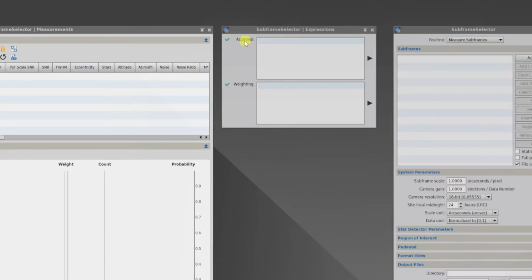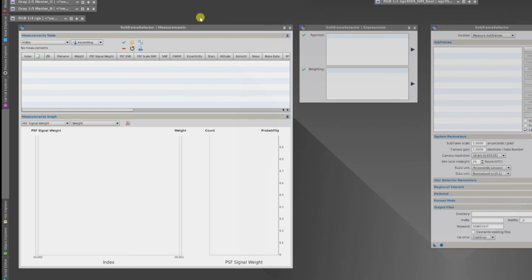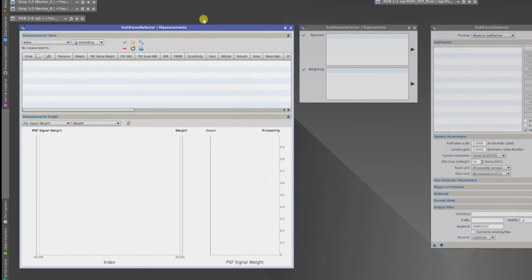The second window is the SubframeSelector expressions window. This window allows you to create some very sophisticated expressions that can be used to both select and weight images. In our particular case today, we're not going to be using this, but it is a fascinating area to study for those who want to do more advanced uses of the tool. The final window is the SubframeSelector measurements window. Once we have pulled in our frames and done the computations, this is where we'll see the results